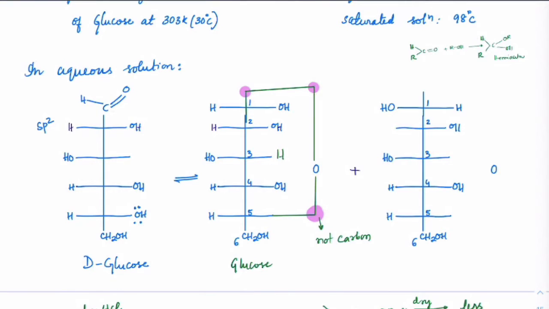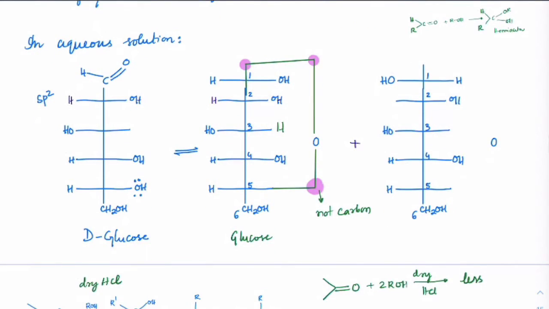So what happened here? This carbon got changed to these two forms. Now check out this D-glucose here. From this, it has attacked here. This has become O minus, which will become OH eventually. So that OH and H could be on the right hand side or on the left hand side. So I will get two such compounds here, correct? One is this one and this is the other one.